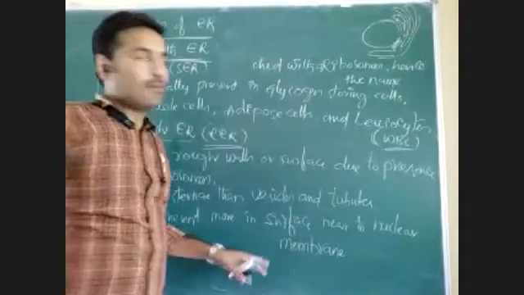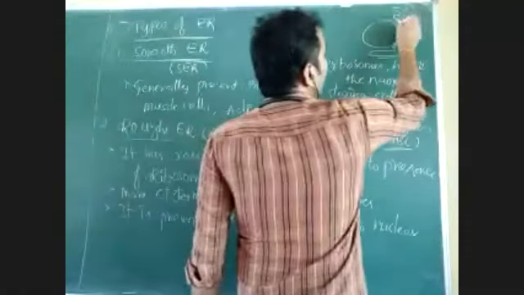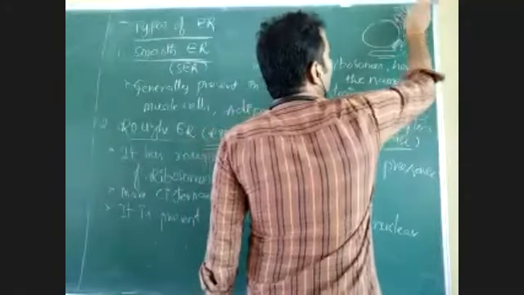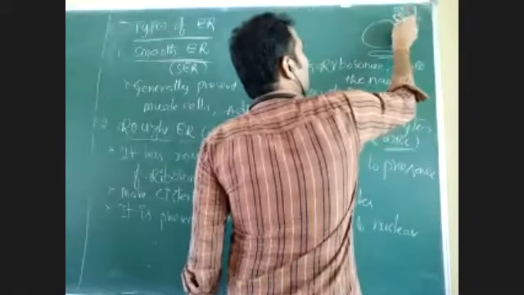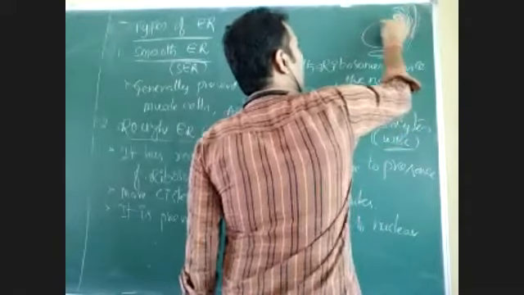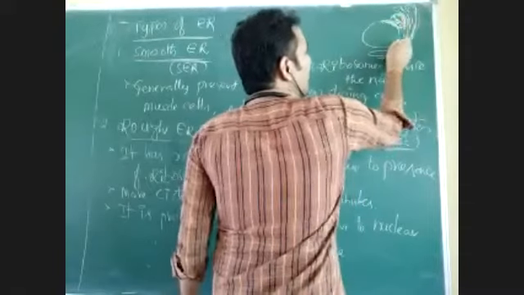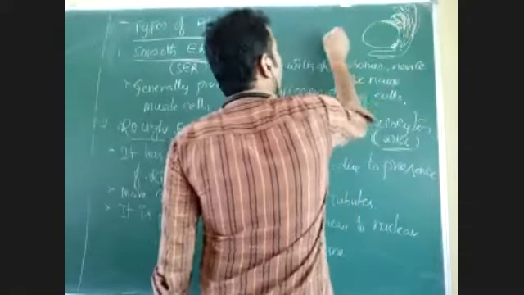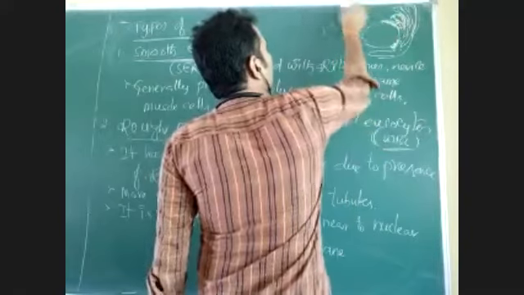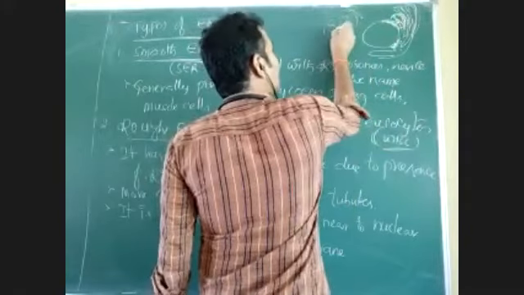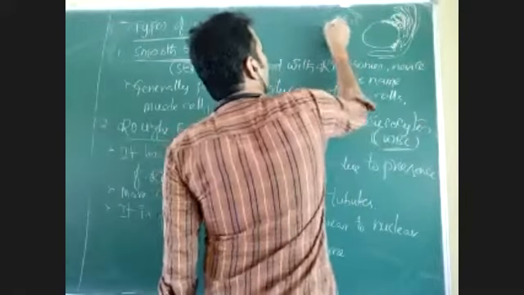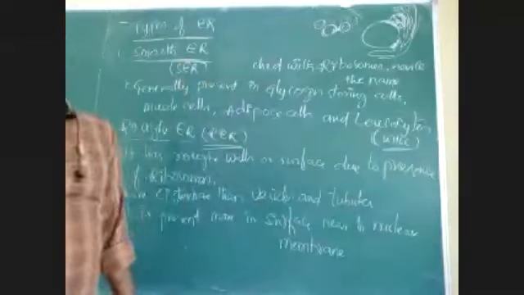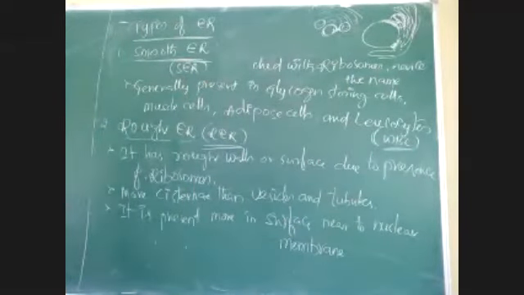Near to nuclear membrane means, this is the nuclear membrane. This is endoplasmic reticulum, this is endoplasmic reticulum. So the endoplasmic reticulum cisternae which are present next to the nuclear membrane, this part, that means the endoplasmic reticulum has layers. In those layers, what is present near to this? This is the nuclear membrane, this is near, this is next. So this part has more RER surface.